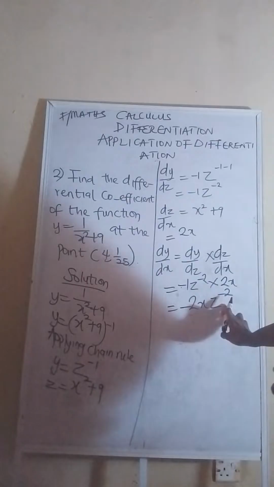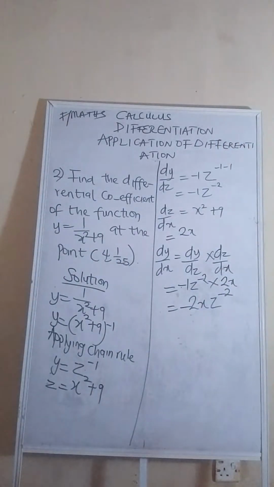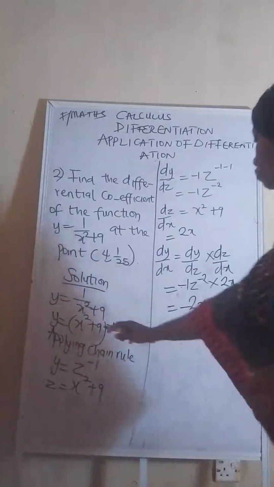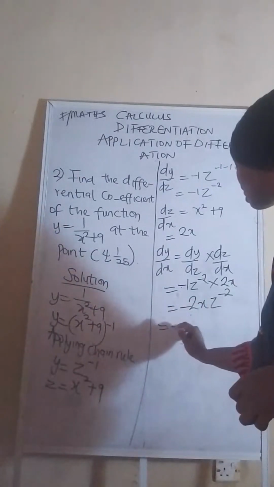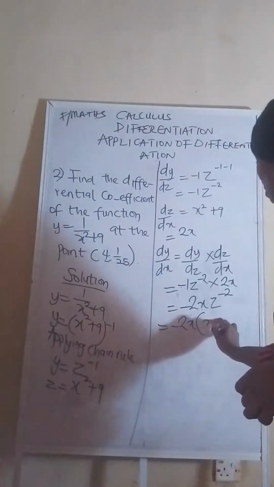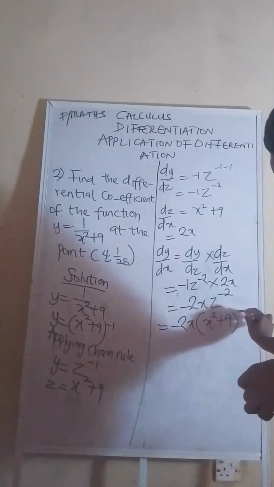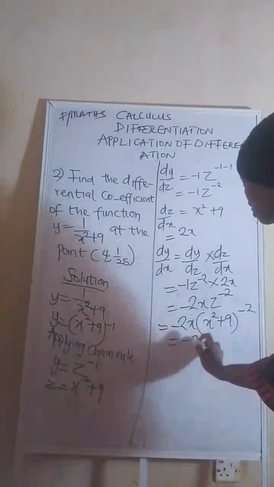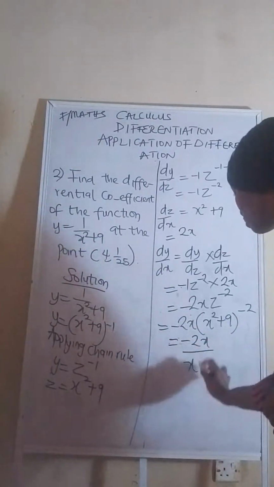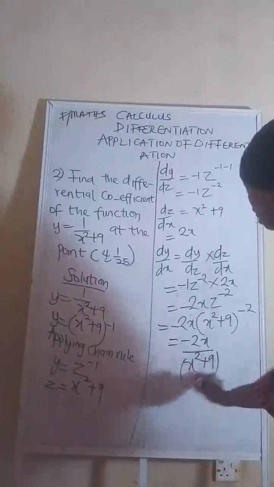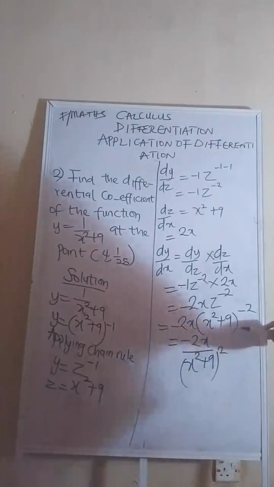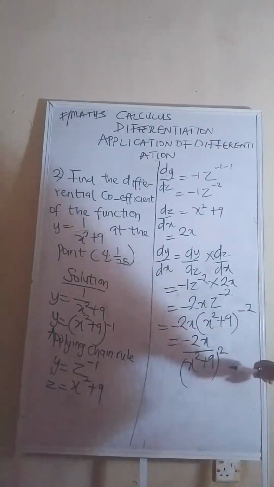And remember our z was what? x squared plus 9. Our z, don't forget, is what? x squared plus 9. So I'm going to replace z with x squared plus 9. So that is minus 2x times x squared plus 9 raised to power minus 2. Do you understand now? So you can just say minus 2x over x squared plus 9 all raised to the power 2. You understand? So when you make this the reciprocal of this, the minus 2 will change to what, ordinary 2, because we what,